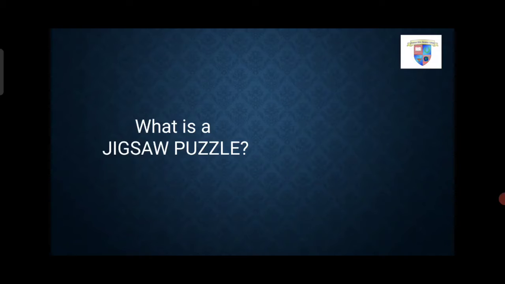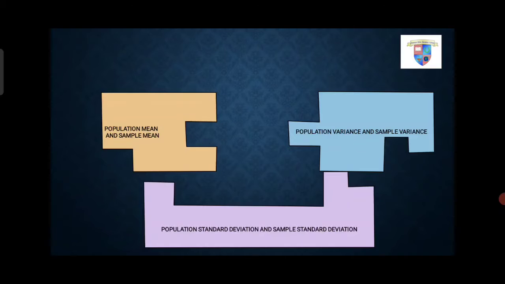With this strategy, each student in the home group holds a piece of a topic's puzzle and works together to create the whole jigsaw. The strategy is often used in other instructional situations for the purpose of team building or quickly managing a large task in a short time. So we have here the three topics: the population mean and sample mean, the population variance and sample variance, and lastly the population standard deviation and sample standard deviation.